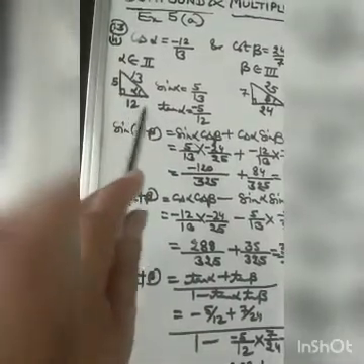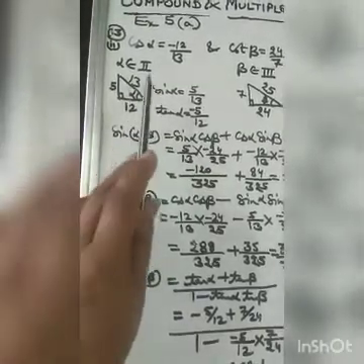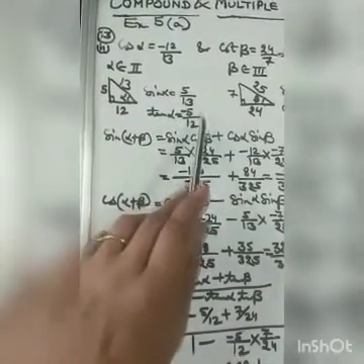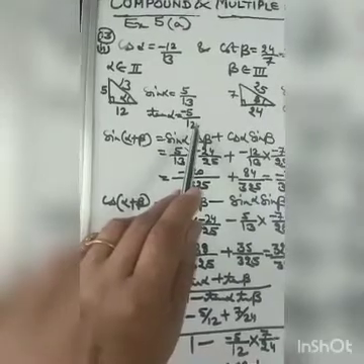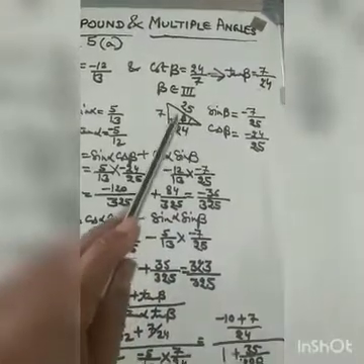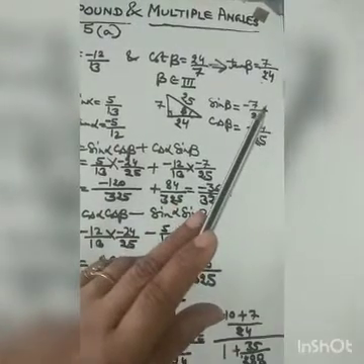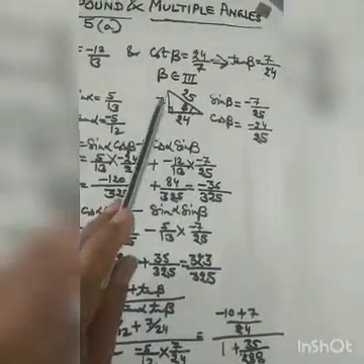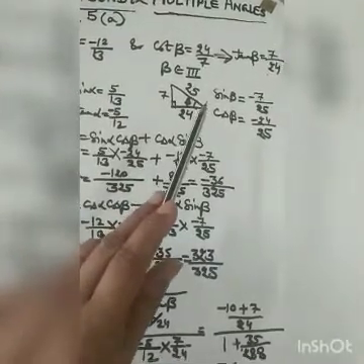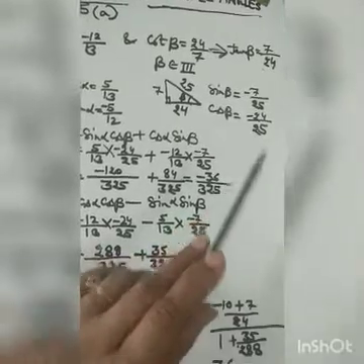Now if I draw the right angle triangle, alpha will be opposite to the 90 degree. 12 by 13 is already base and hypotenuse, so perpendicular becomes 5. Sin alpha is 5 by 13. Tan alpha will be minus 5 by 12 because alpha belongs to the second quadrant. Now comes beta. Beta belongs to the third quadrant. So cot beta is 24 by 7 implies tan beta will be 7 by 24, just the reciprocal. So 7 becomes the perpendicular, 24 becomes the base, and 25 will be the hypotenuse. Sin beta is minus 7 by 25. Cos beta is minus 24 by 25.